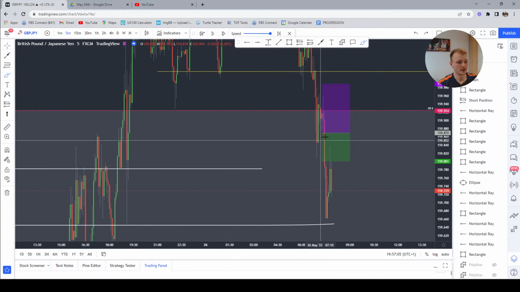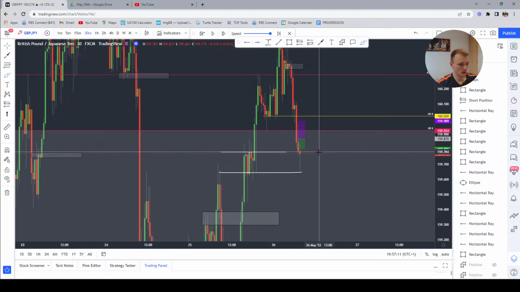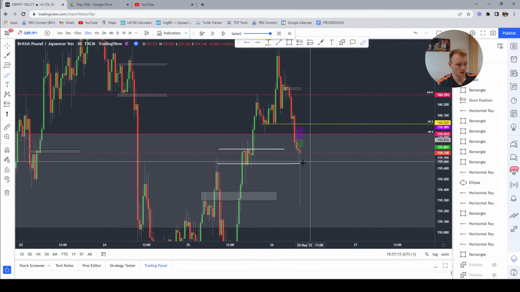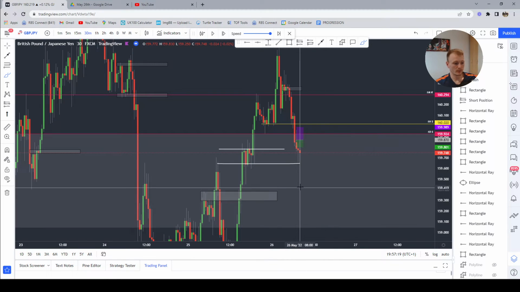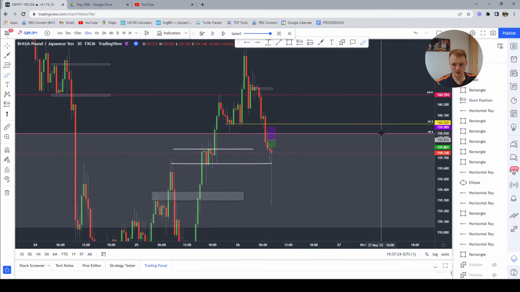So I get out here, obviously reflecting back on the charts and where my ranges were. We can see that we tapped down into that, and then of course London Open kicks in and boom, we have a massive push to the downside. But yeah, that's my trade. It's a pretty straightforward trade in terms of